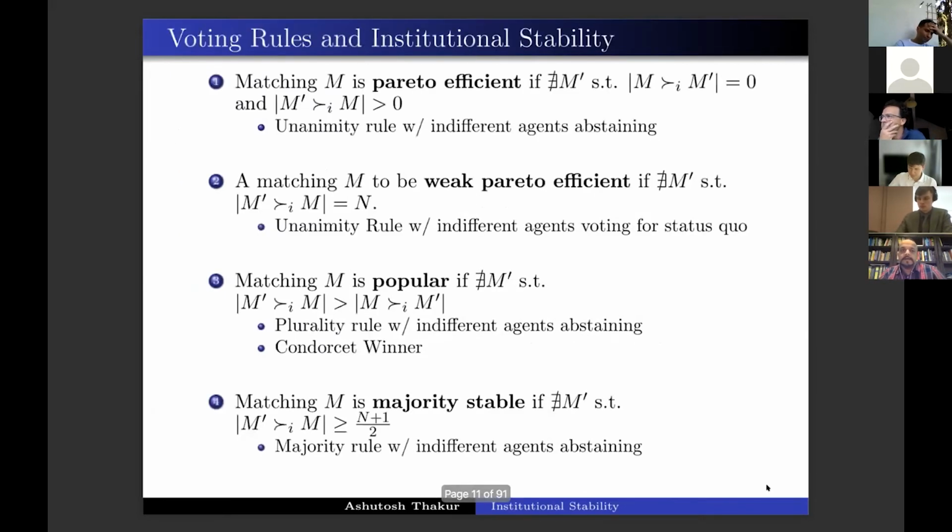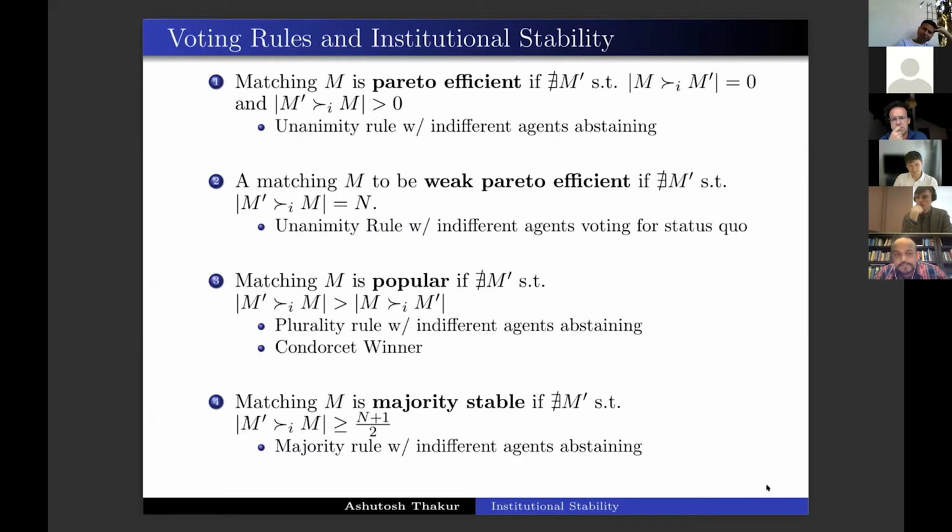So you can think about a variety of different voting rules, right? We all know Pareto efficiency: it shouldn't be the case that some people can be strictly better off, but no one is made strictly worse off with an alternative allocation. This is basically unanimity rule with the indifferent agents abstaining. You can think about a weak Pareto efficiency, where you shouldn't have an alternative allocation that everybody can be made strictly better off, right? There's a large, growing literature, more on the computer science side of things maybe, called popular